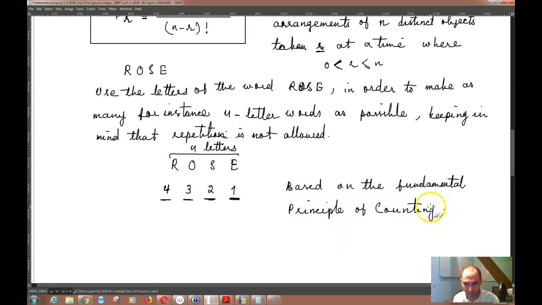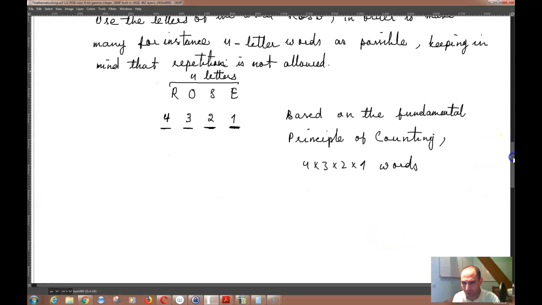You would have 4 times 3 times 2 times 1 words, which would be 24 words. Now these 24 words are